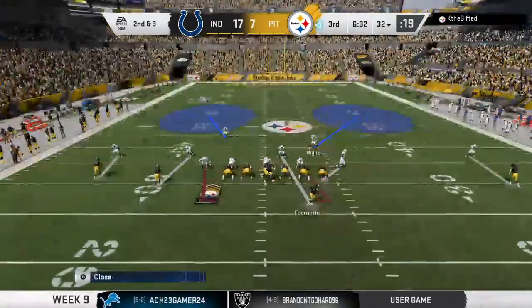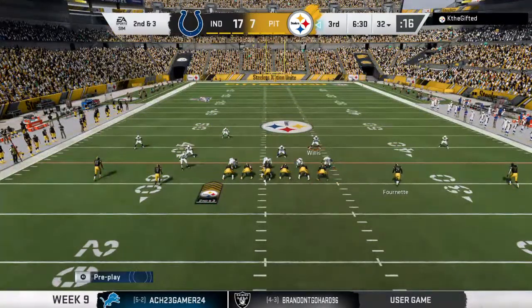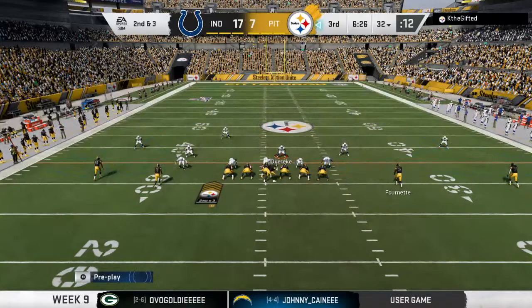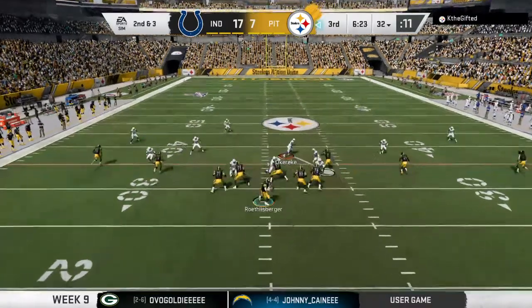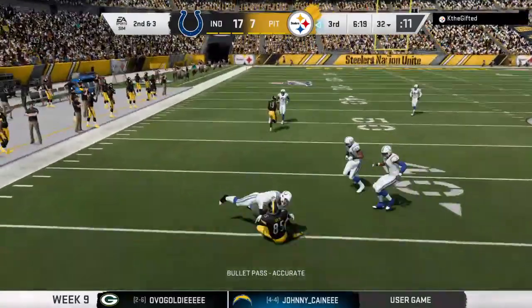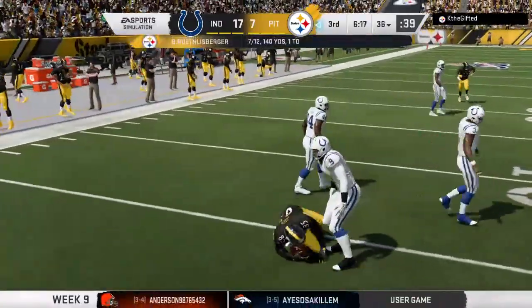Hey! Double bump. Easy, easy. 44, Mike, 44. Watch, hey, seam 6. Throwing again on 2nd down. Roethlisberger. Ebron caught left side. 4 yards the